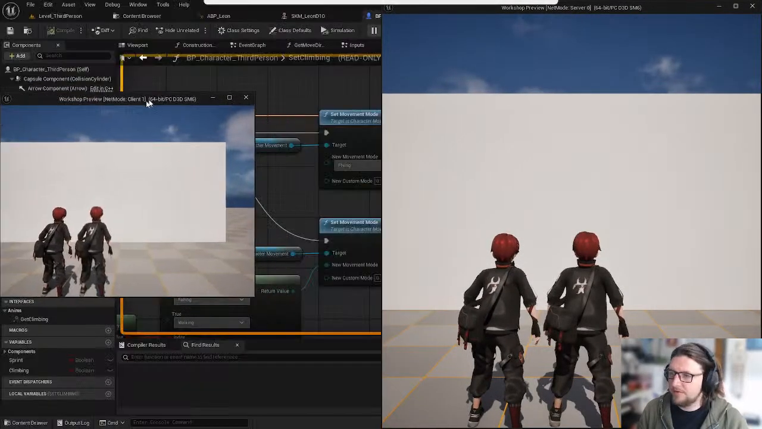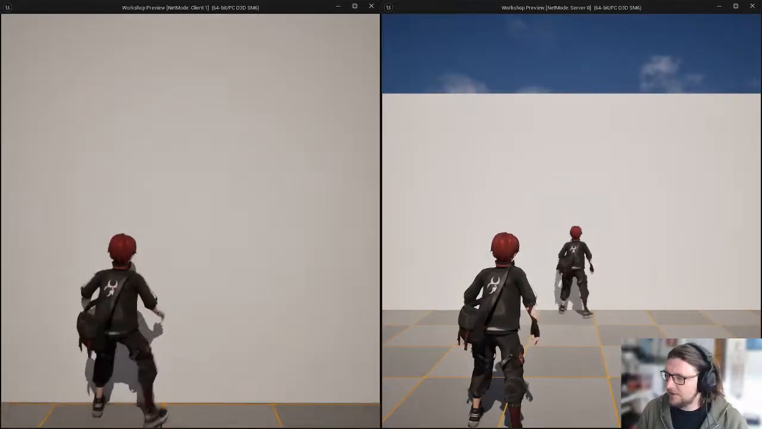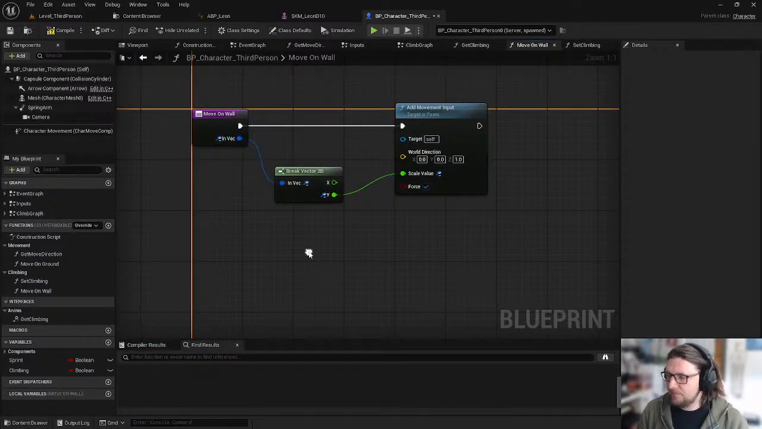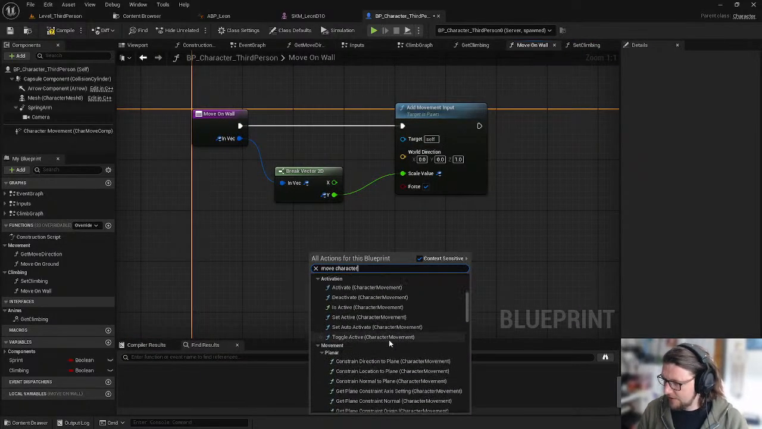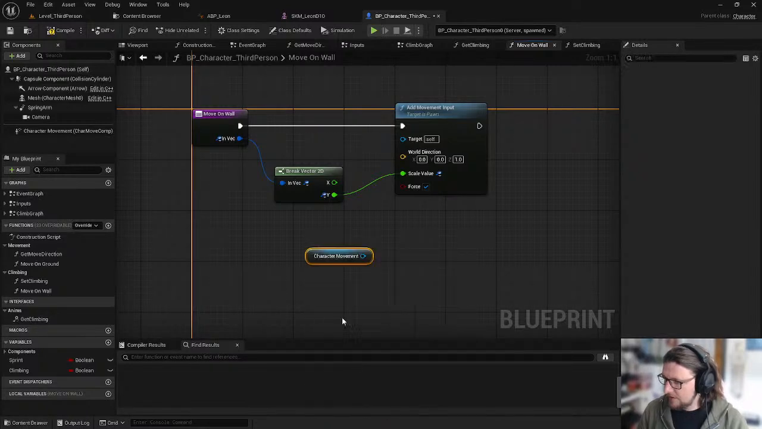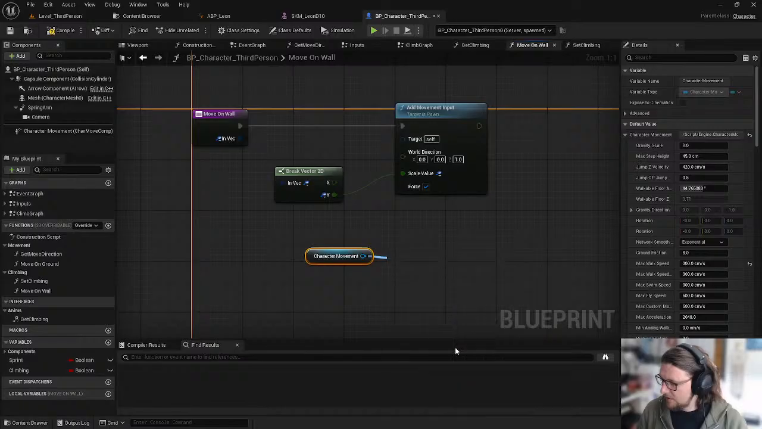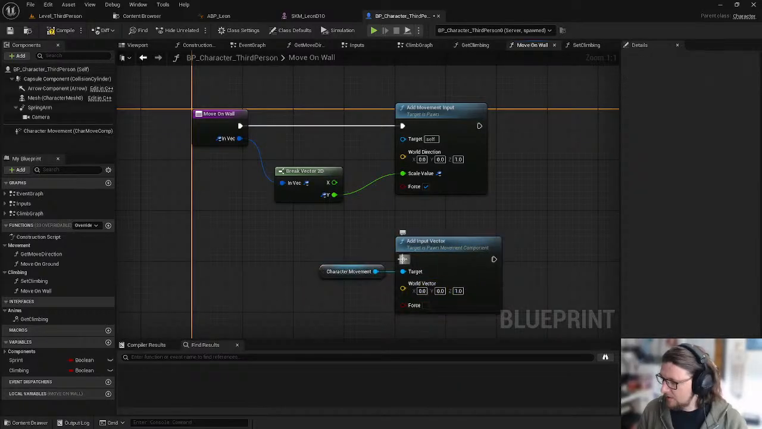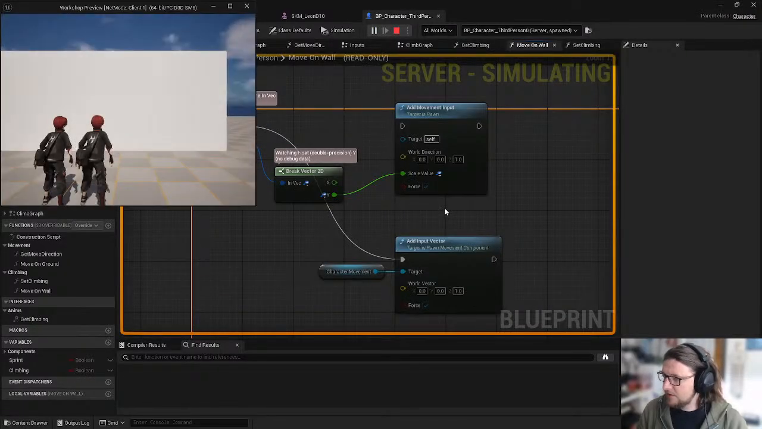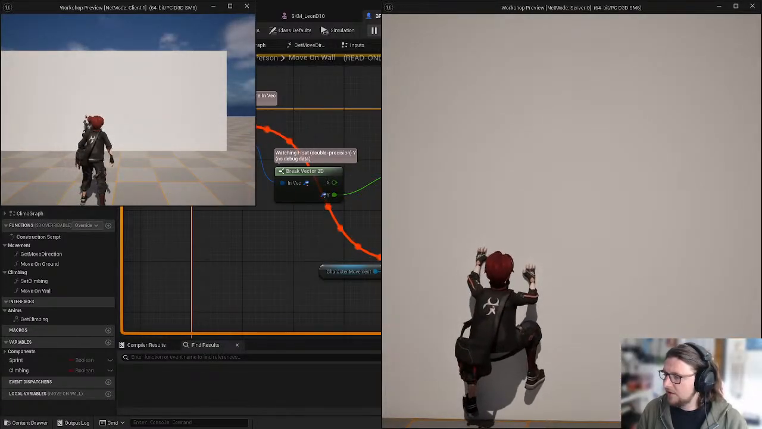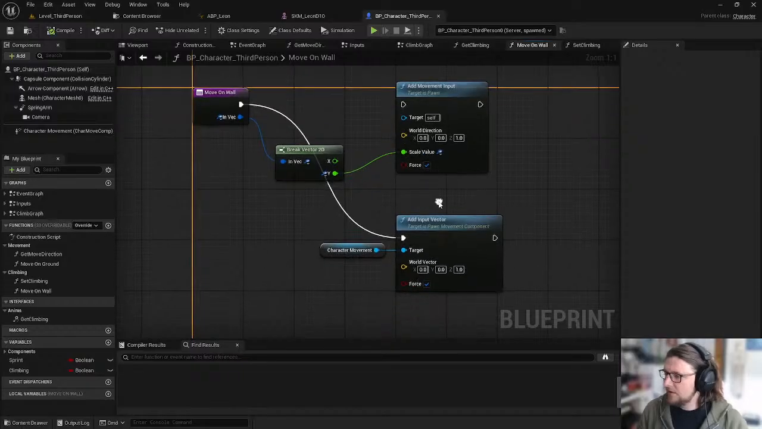I have 2 characters. Character hits the wall, presses T. Yeah, so that is replicated, that's awesome. And if it's custom, and then I say, what sort of movements have we got here? Yeah,